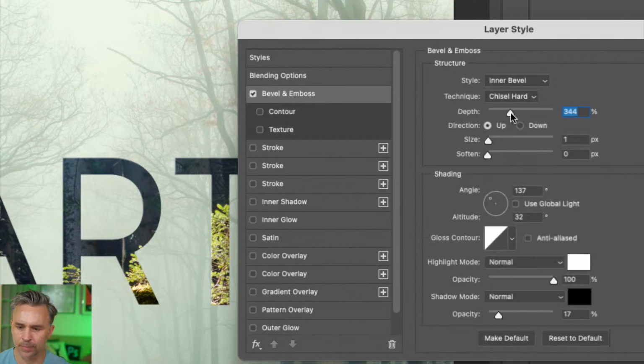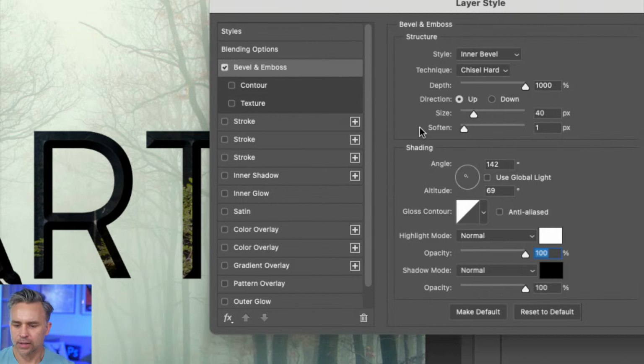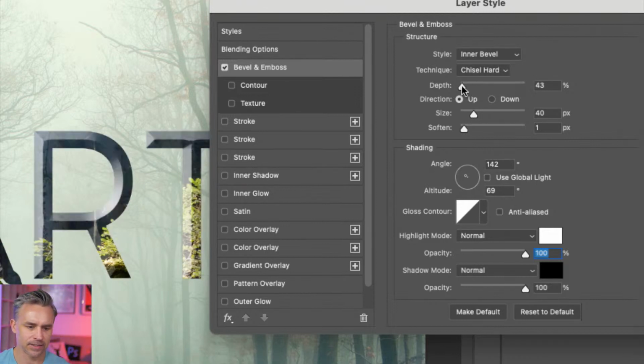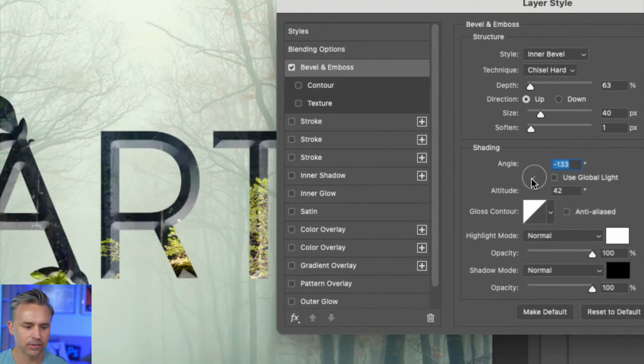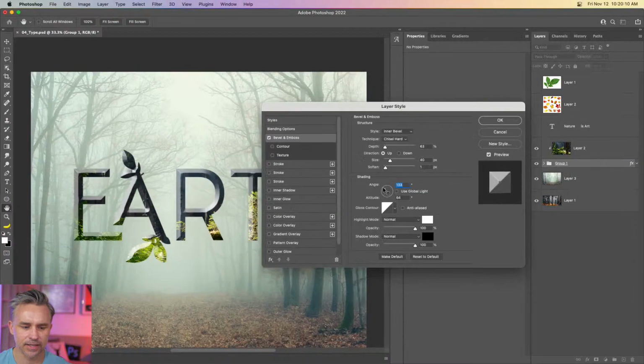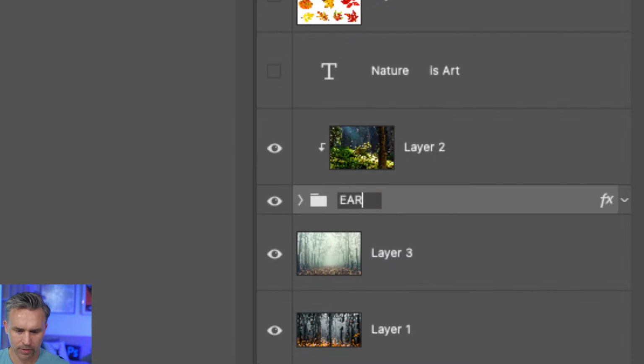It gives it a bevel and emboss. And let's increase this as much as possible, and let's make the size larger. Again, this typically, you see it. Crank up the opacity. There we go. So again, it keeps your last settings, but now we can see that bevel right there. So see the bevel, we can adjust the angle, right? The cool thing about this is I did this, as I click OK, on a layer group, and we'll call that Earth. So it applies that effect.